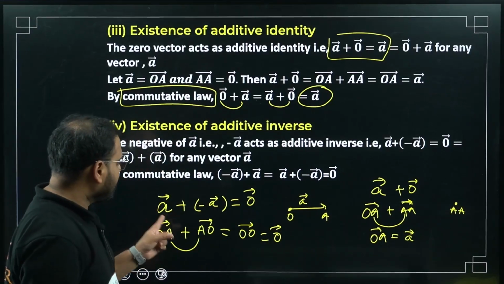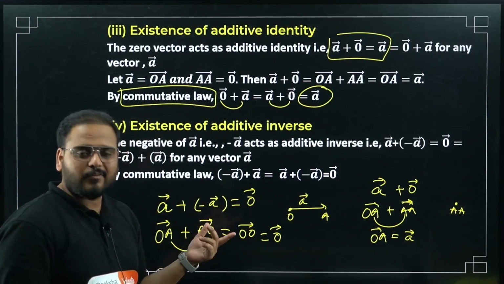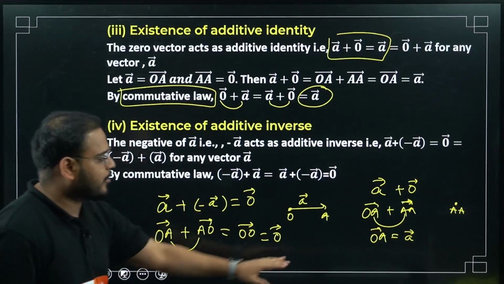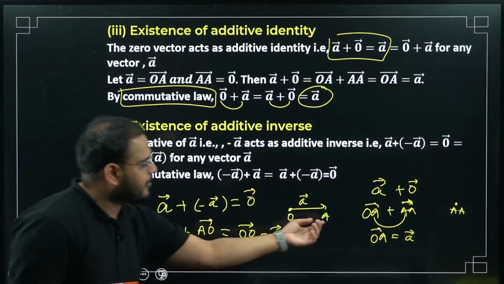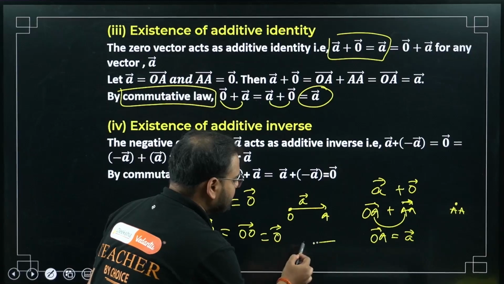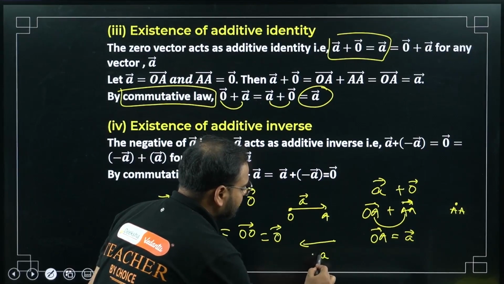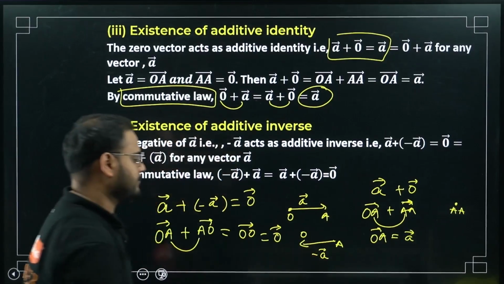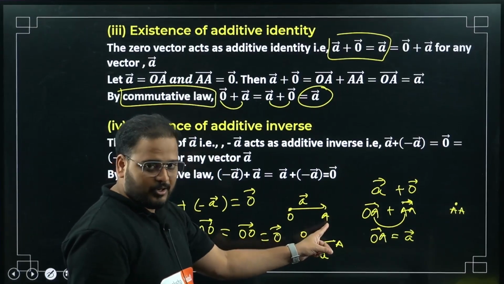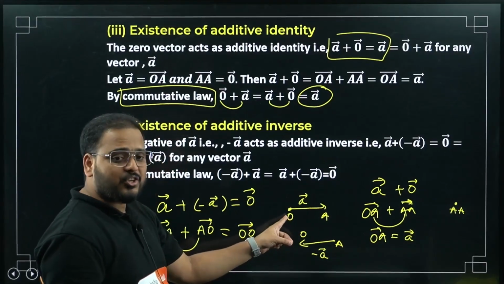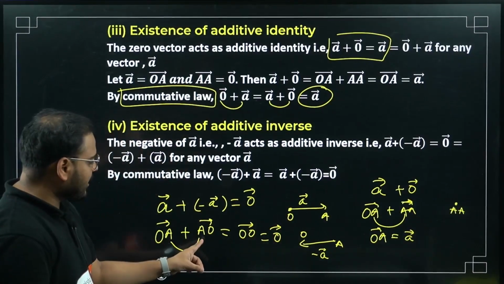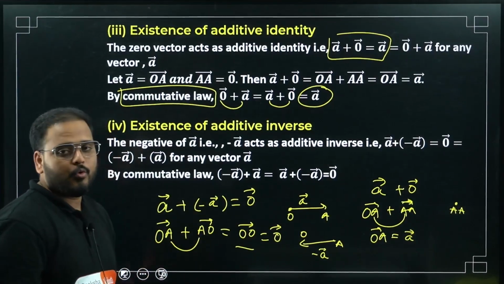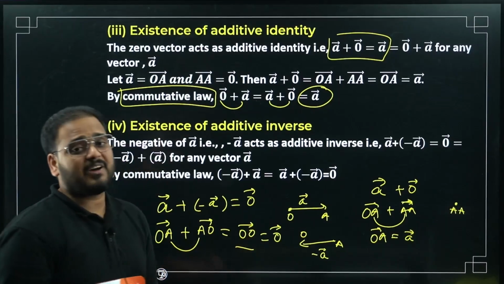Please understand this. A minus A. Minus A is the negative of the same vector. If you add them, the result is 0. How come, sir? If I take A as OA from here, what is the negative of A? From this side, the negative of A will be written like this. I'll have A over here and O over here. The point which was terminal for A becomes initial, and point O, which was initial, becomes terminal. So I wrote it as AO. Same A and A, so I can just take O and O. What is the answer? O. Whenever you have the same initial and final point, it becomes